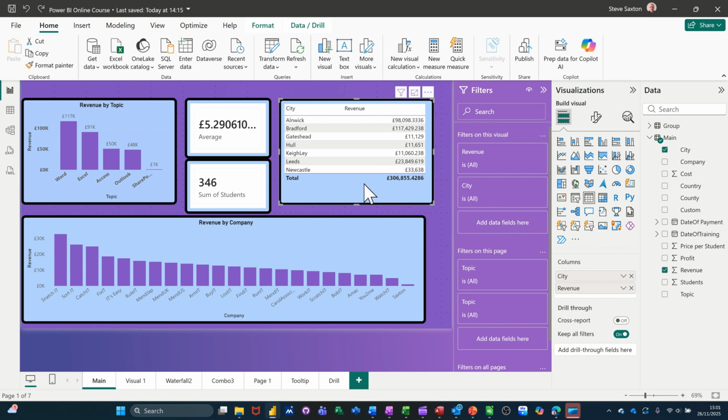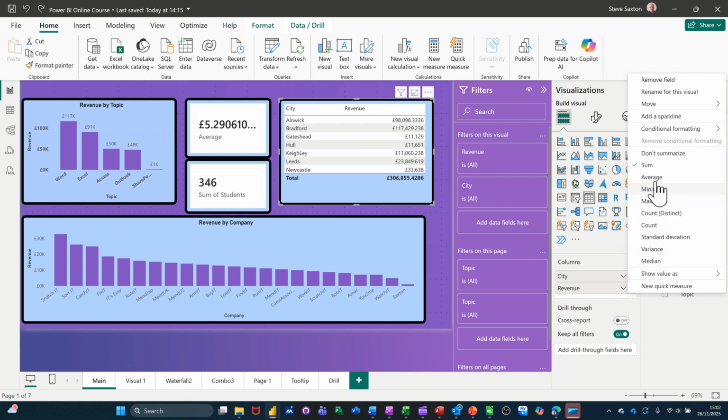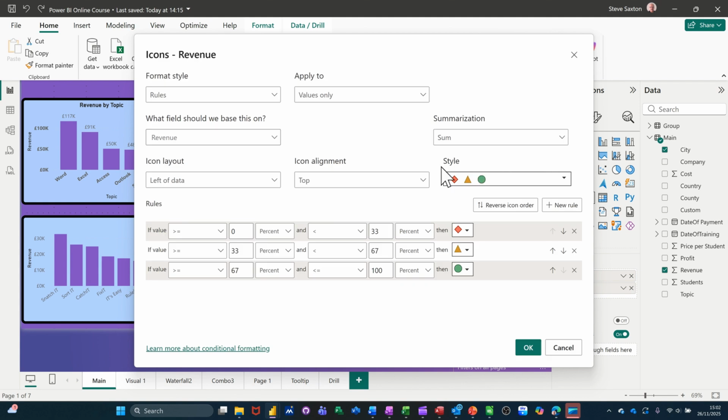So the visual that I'm going to use is this one, and conditional formatting sits down here in your visualization area. Whichever field you want to do it on, you just drop this little arrow down, and then if you go up to the top, you've got conditional formatting with a few different options here. The first one I'm going to go for is icons, and then you'll see the icons. So this is basically a rule format style. You can change that if you wanted to be a field value,